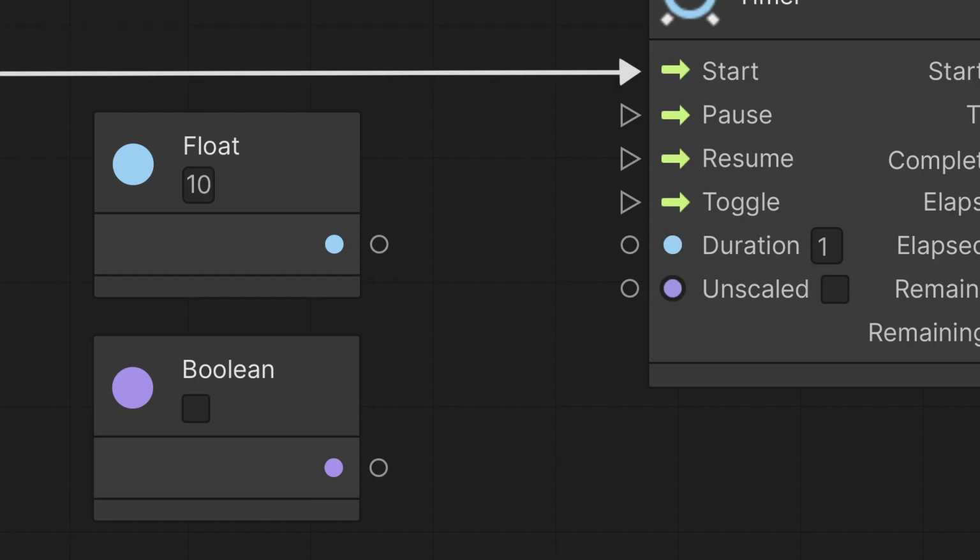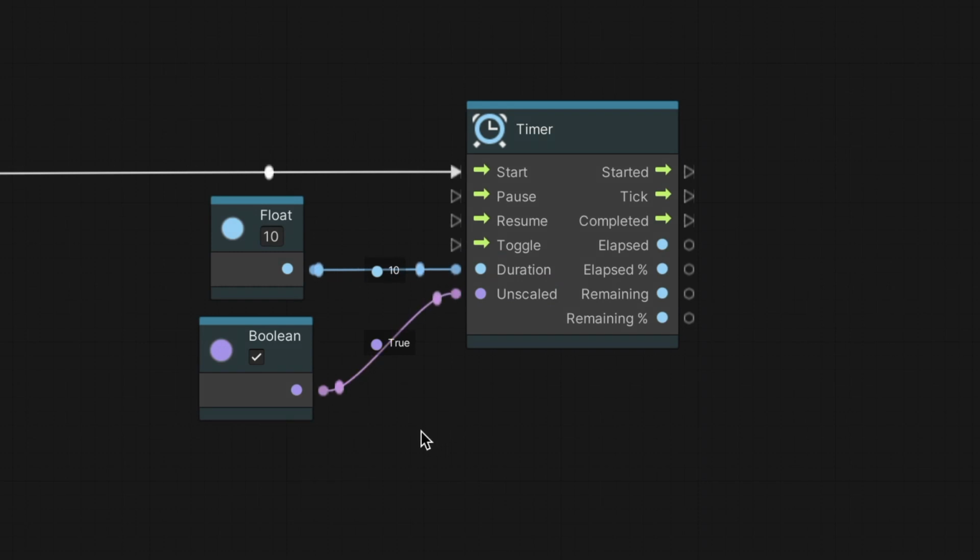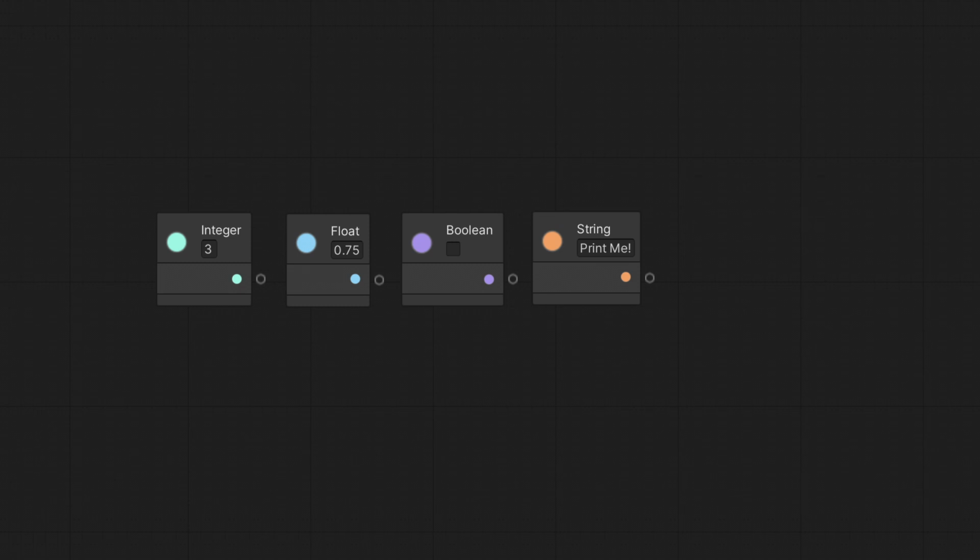Nodes may have input and output ports. Each accepts or provides a value of a specific data type. We can distinguish the port's data type by its icon. Primitive data types, like most of the types we discussed in this video, are represented with a circle, where each type is colored differently. Object data types, which are data types composed of multiple data types, are represented with an illustrative icon. For instance, a vector data type is displayed with colored arrows.